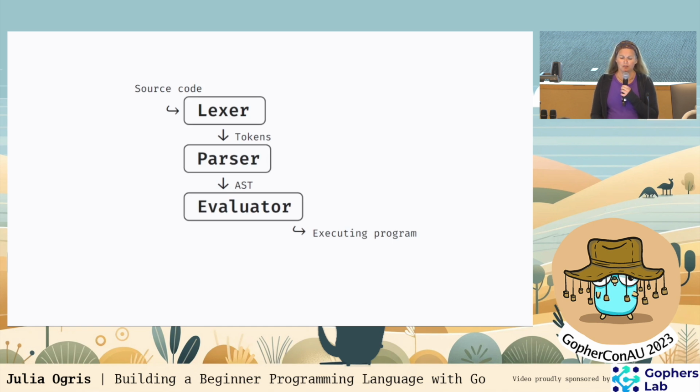At first I thought the evaluator must be a really complicated thing, but it turned out its code looks somewhat similar to the parser. So in the following, I've taken the, for me, hardest path through the Eevee code base. If you can vaguely follow along, you probably can write your own programming language, maybe even a beginner's programming language.